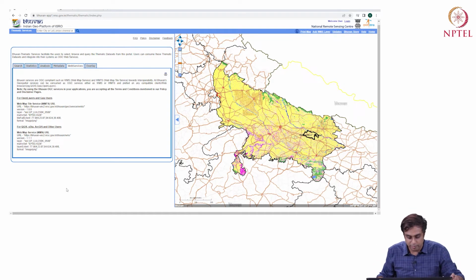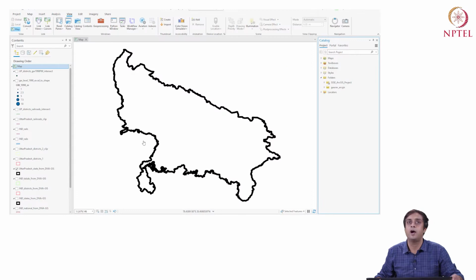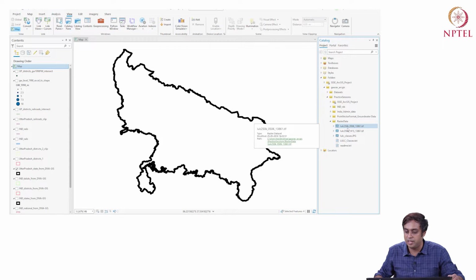I'm going to show you such a data set which I acquired from ISRO. In my folder, these data are to be found here. I have LULC, land use, land cover, 250K, that's the map scale, 2005-6. And then it's a TIF file. So instead of shape files, now I have TIF files. I also have such data for 2014-15, and I have some other files.